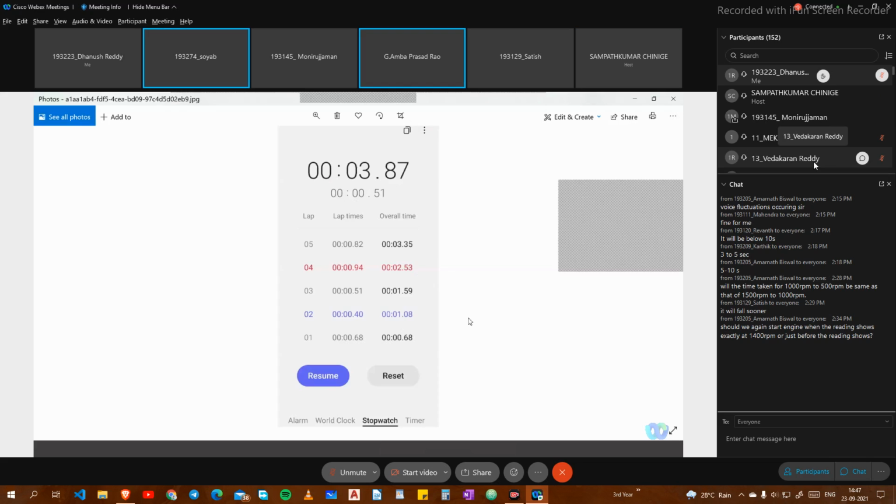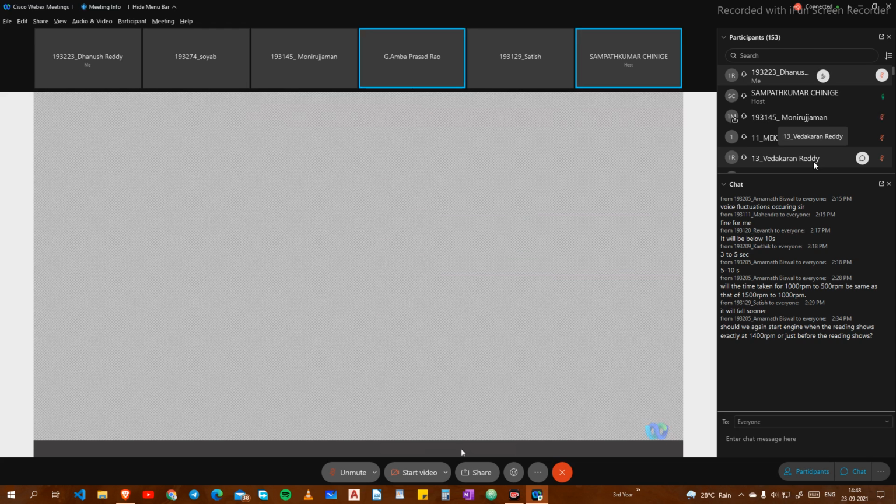14 to 13 is 0.4. Is it like that? Yes, sir. I think then 14 to 13 is 0.51. 13 to 12 is 0.94. Likewise, you have to go by lap times. So why is this red? Some colors are red. They are there for visibility. They are given. After each one, the color is different. So it is not uniform.